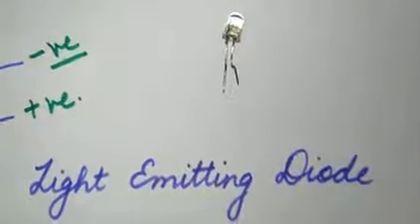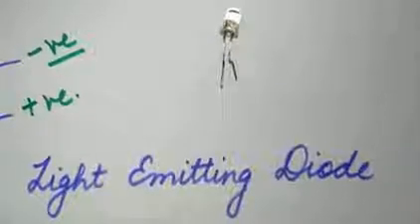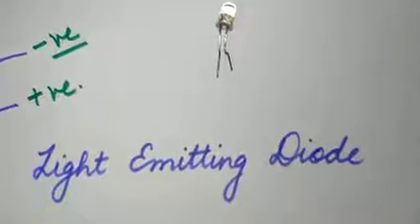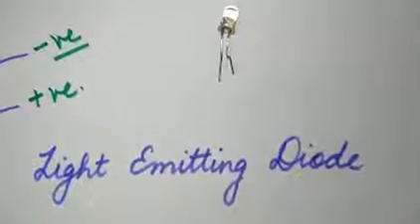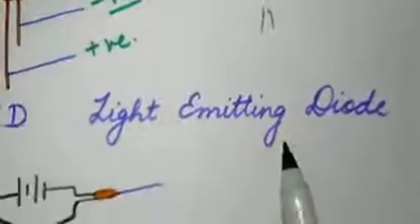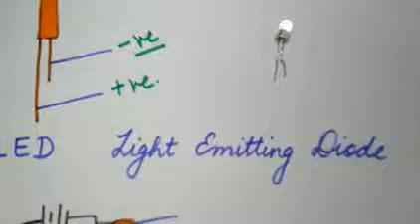So how do we detect? It is with the help of LED. If even a small amount of current is flowing in the circuit, the LED is going to glow, and we come to know that yes, this liquid conducts electricity. So that is why we use LED instead of a common bulb. Otherwise the process is the same.